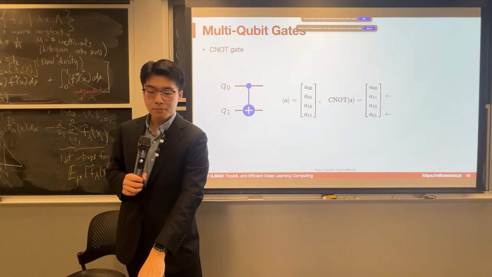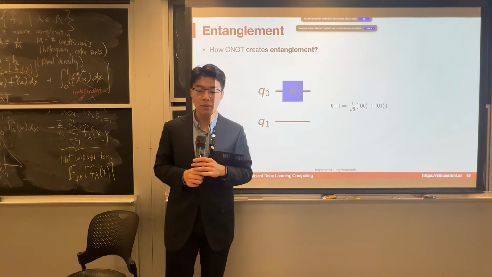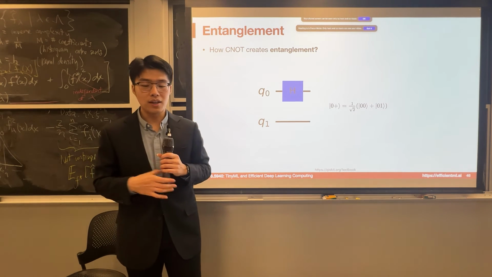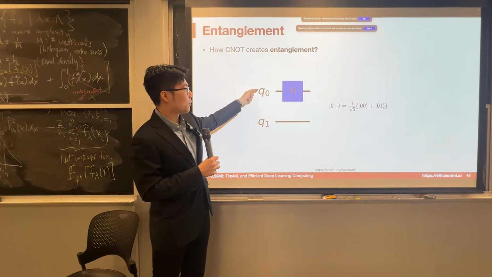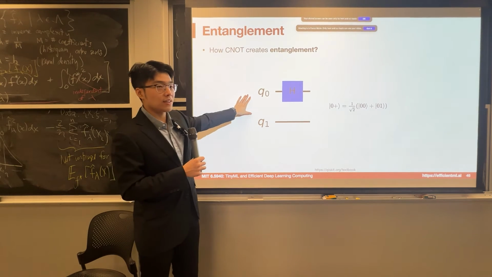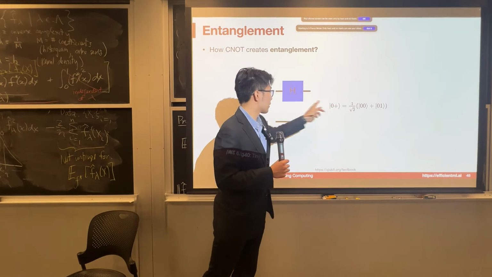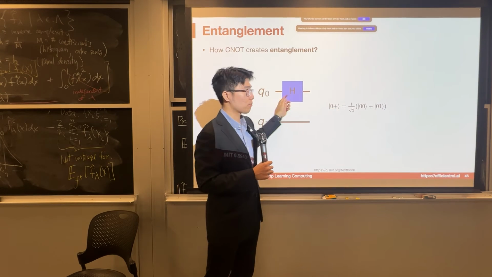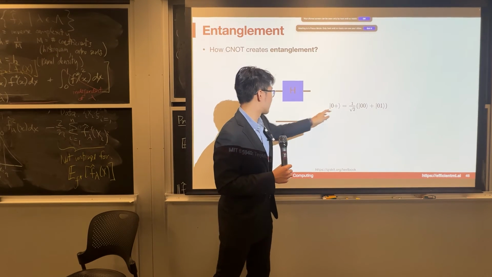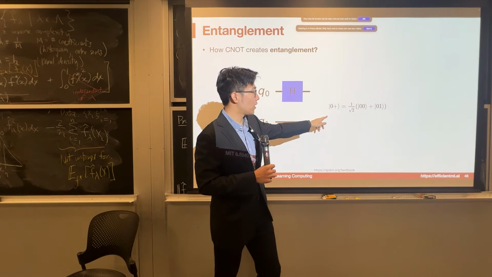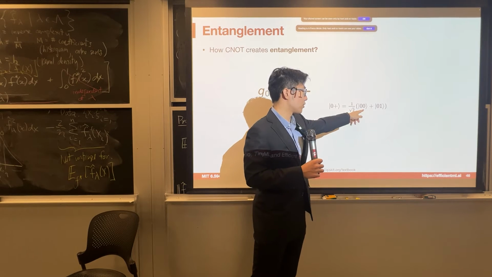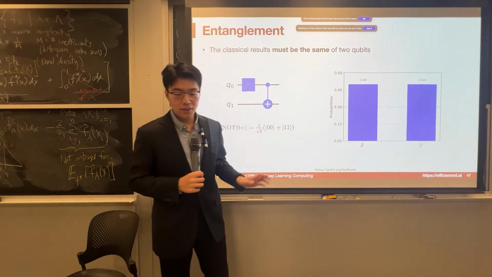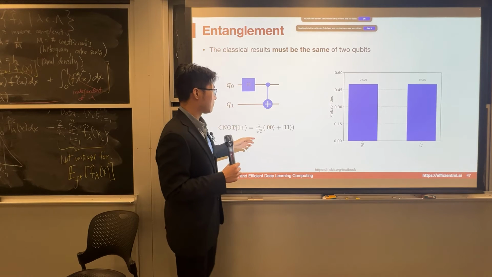So the interesting thing happens when we apply this CNOT gate together with the Hadamard gates, right? So that means say we have Q0 and Q1, and what is the current state? Q0 should be the plus state because of the Hadamard gates, right? And then Q1 should still be 0. So right now the joint state will be 1 over square root of 2 of 0, 0 plus 0, 1. And after applying the CNOT gate, right?